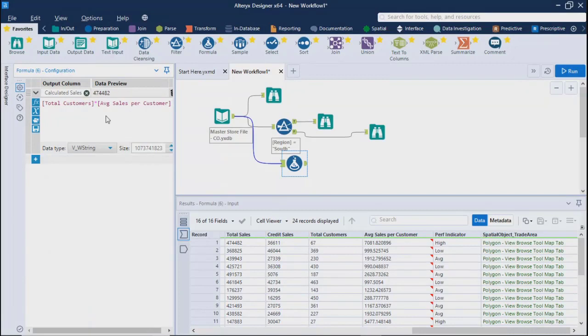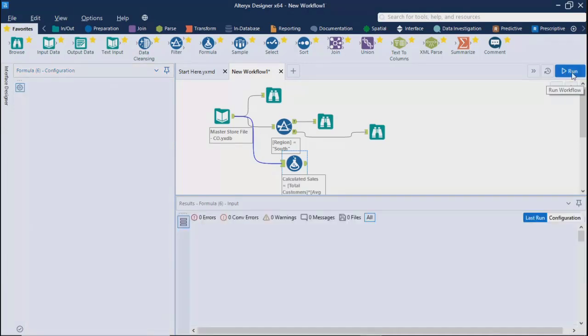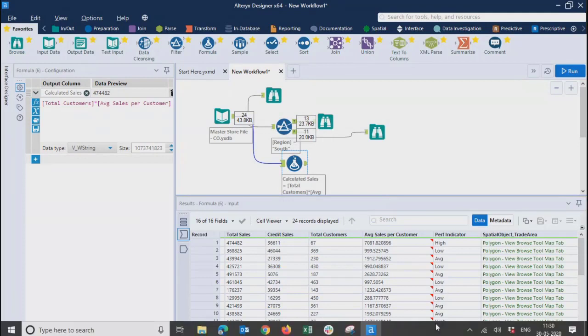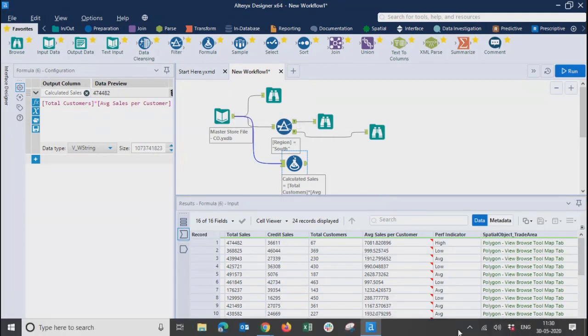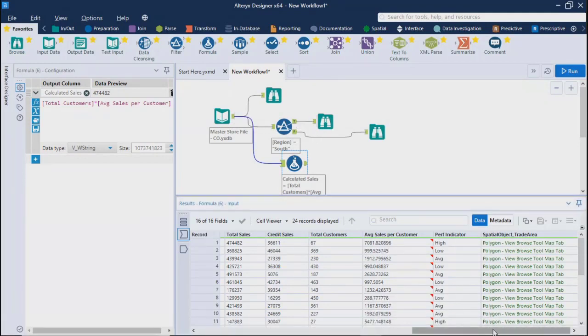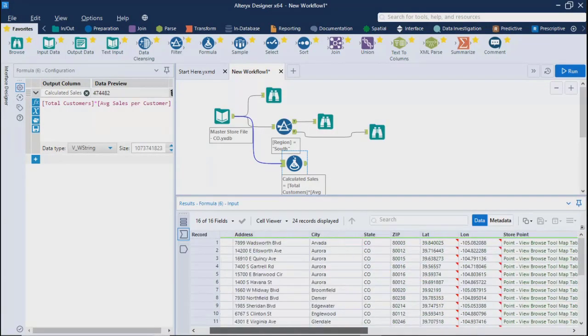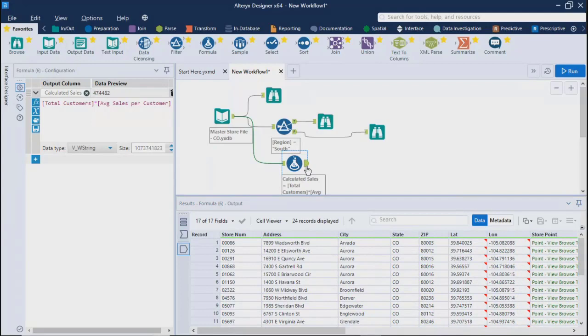But I have a question. By default, if we are trying to multiply these two things, it is giving me W string. If I do so, let's see what happens. Okay, it worked perfectly fine, but where is the calculated column? You will get the result over here.